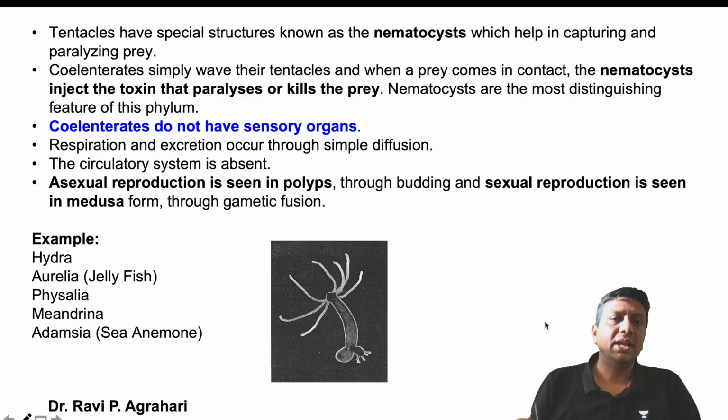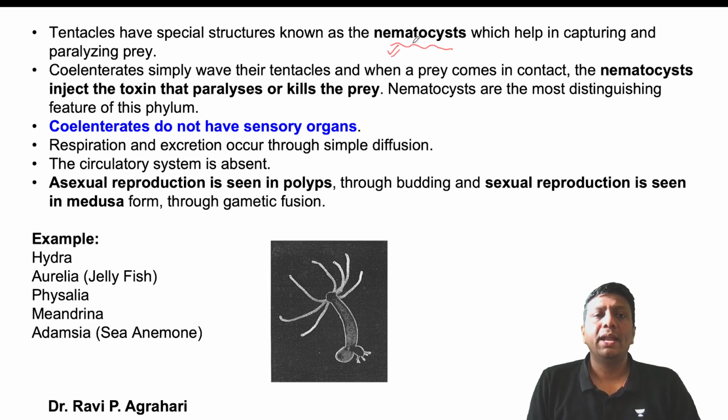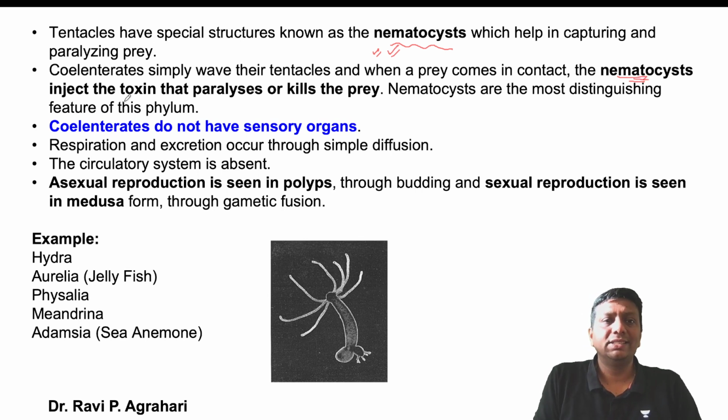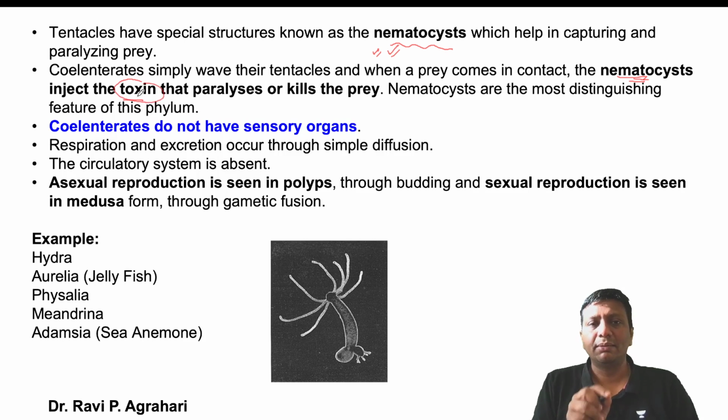They have tentacles, and the tentacles are actually called nematocysts. And nematocyst is a kind of what? It is a capturing and paralyzing characteristic. And with the help of nematocysts, the animal tries to protect themselves against enemies. Okay, and those tentacles are very, very important, nematocyst that I'm telling you, guys. Through the nematocyst on the tentacles, they inject some toxin substances. And these toxin substances paralyze or kill the prey, and in that way they save their own life.